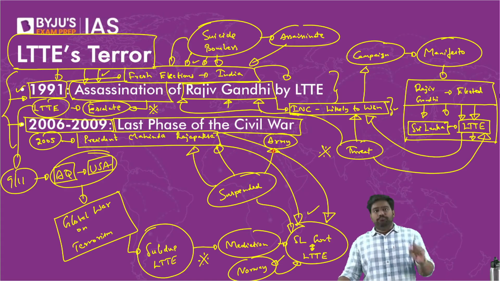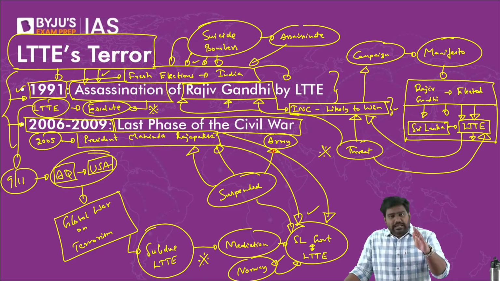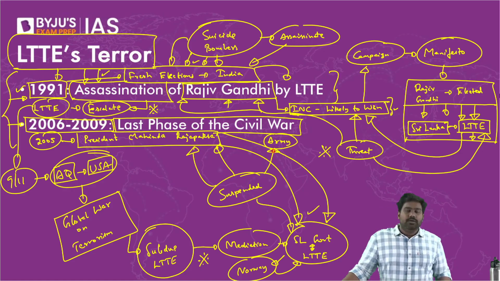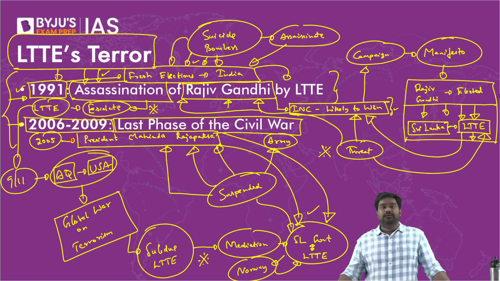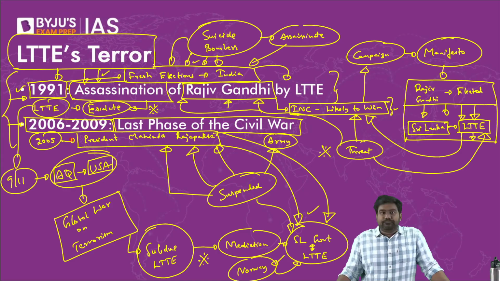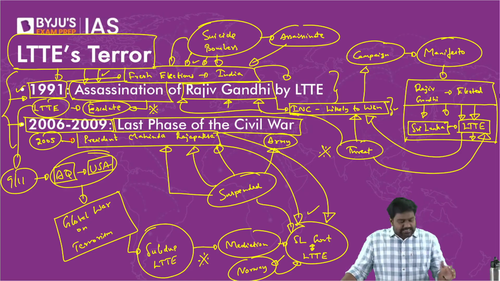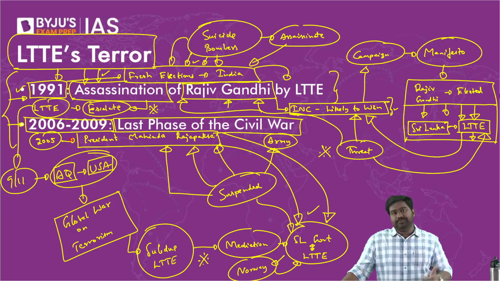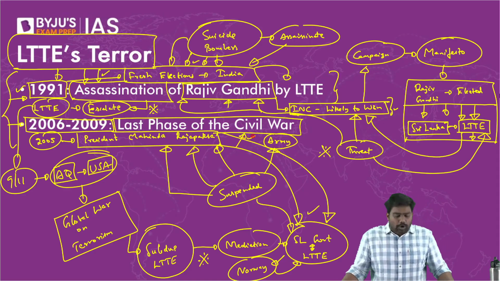So thus began a brutal conflict where the Sri Lankan army used massive force, and in the name of targeting the LTTE, it would end up targeting innocent Tamil civilians as well. Within 3 years, Sri Lanka managed to decimate the LTTE, and by 2009, the LTTE was almost destroyed. The LTTE was brought to an end, and the leader V. Prabhakaran was also assassinated in 2009. So, with the assassination of V. Prabhakaran and the top and mid leadership of the LTTE, the group collapsed. This terror outfit collapsed, and the Sri Lankan army won the conflict and brought this civil war to an end in 2009.